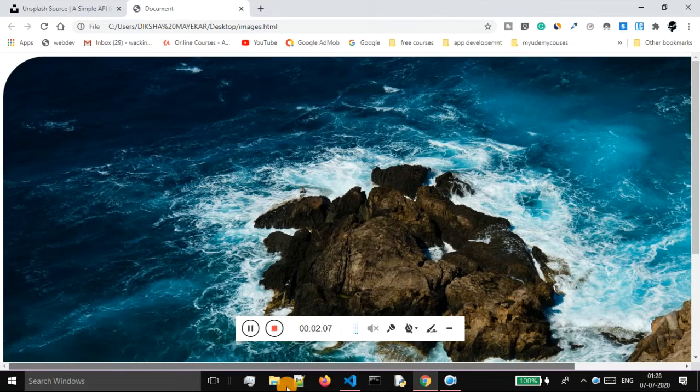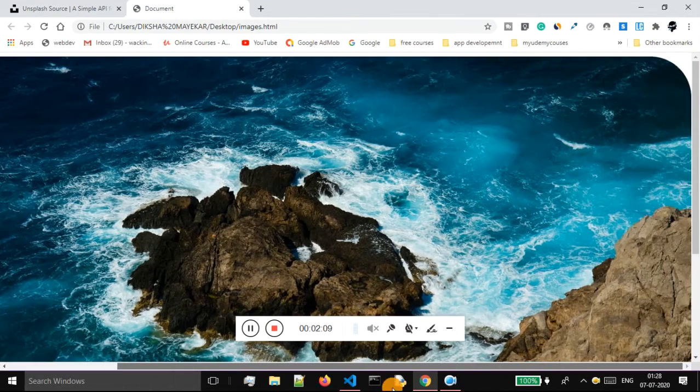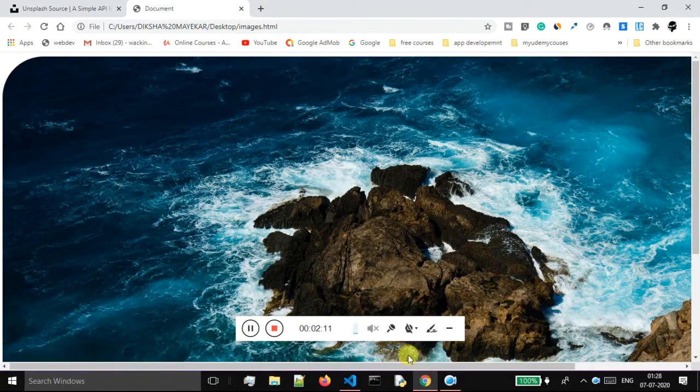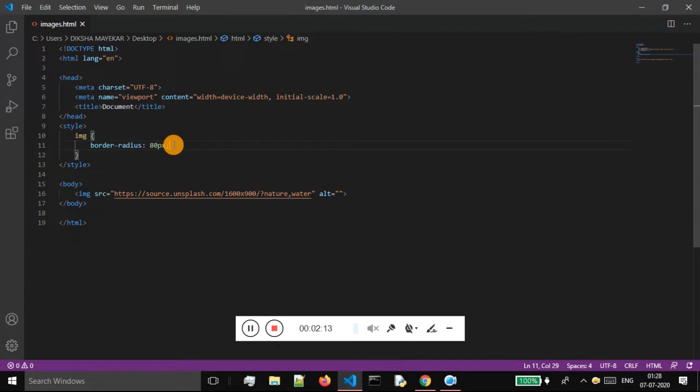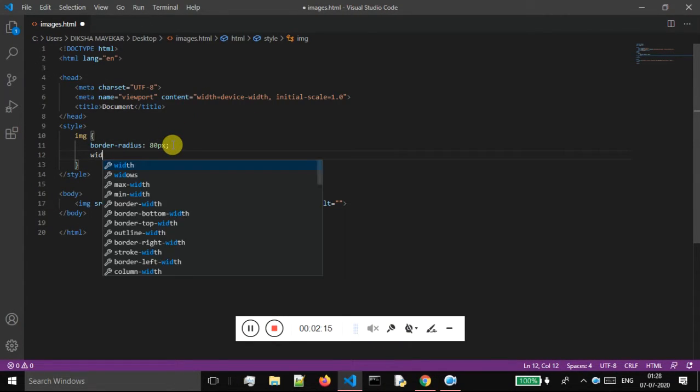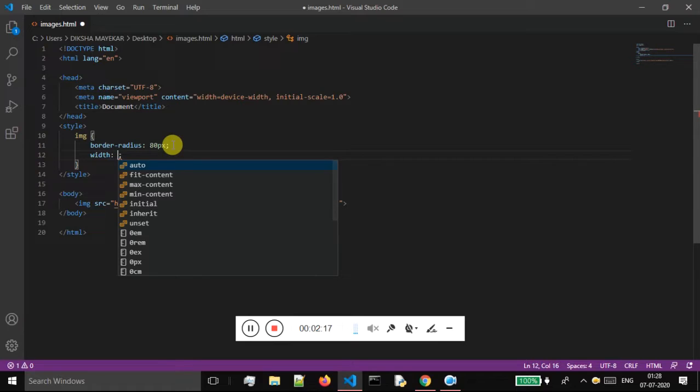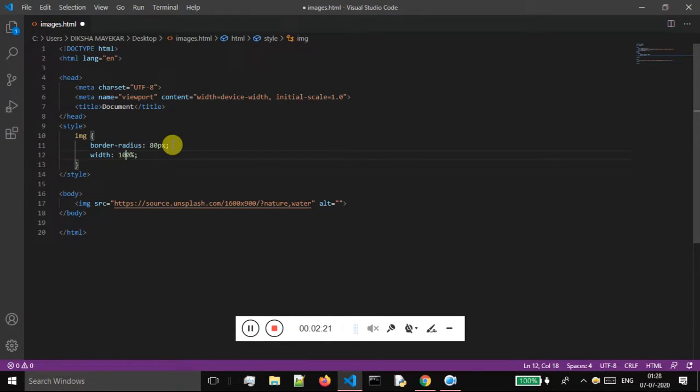Okay, so it is just going out of the screen. I just have to use this horizontal scroll bar to scroll left and right. So in order to avoid that, I will be making use of the width property, and I will give the width as 100%. Instead, in order to make this responsive, whenever you are designing responsive websites and responsive mobile applications,